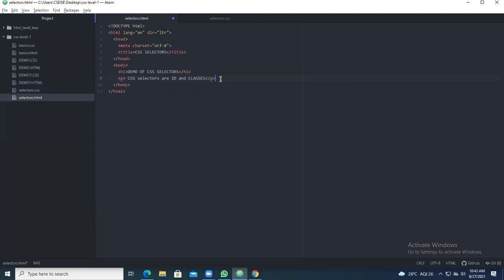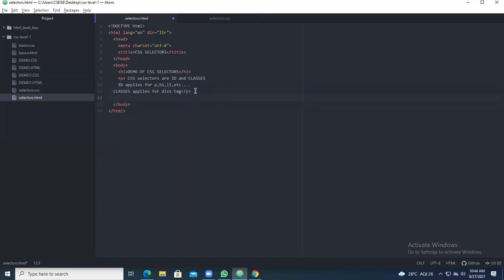Next, ID applies for P tag, H1 tag, list tag, etc. Similarly, classes apply where the class will come, for the div tag. So I am giving the statement like this.